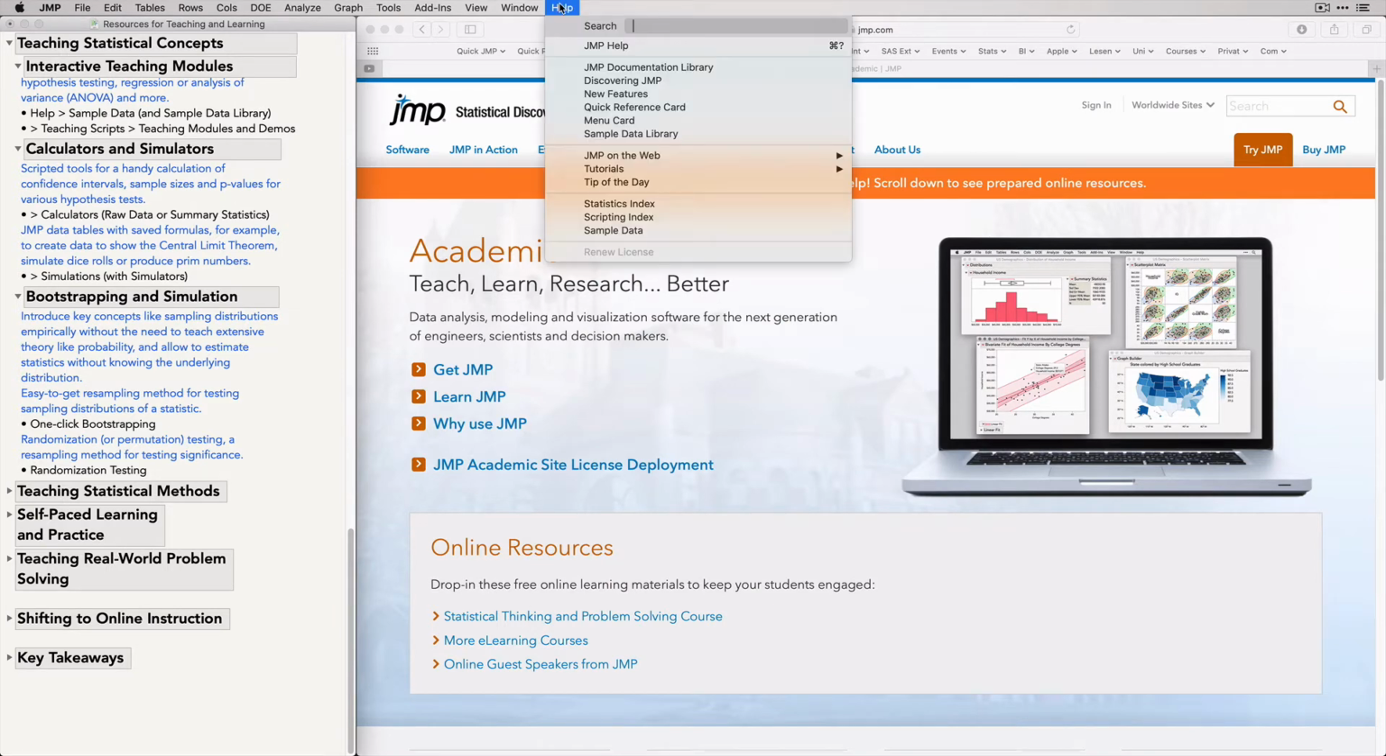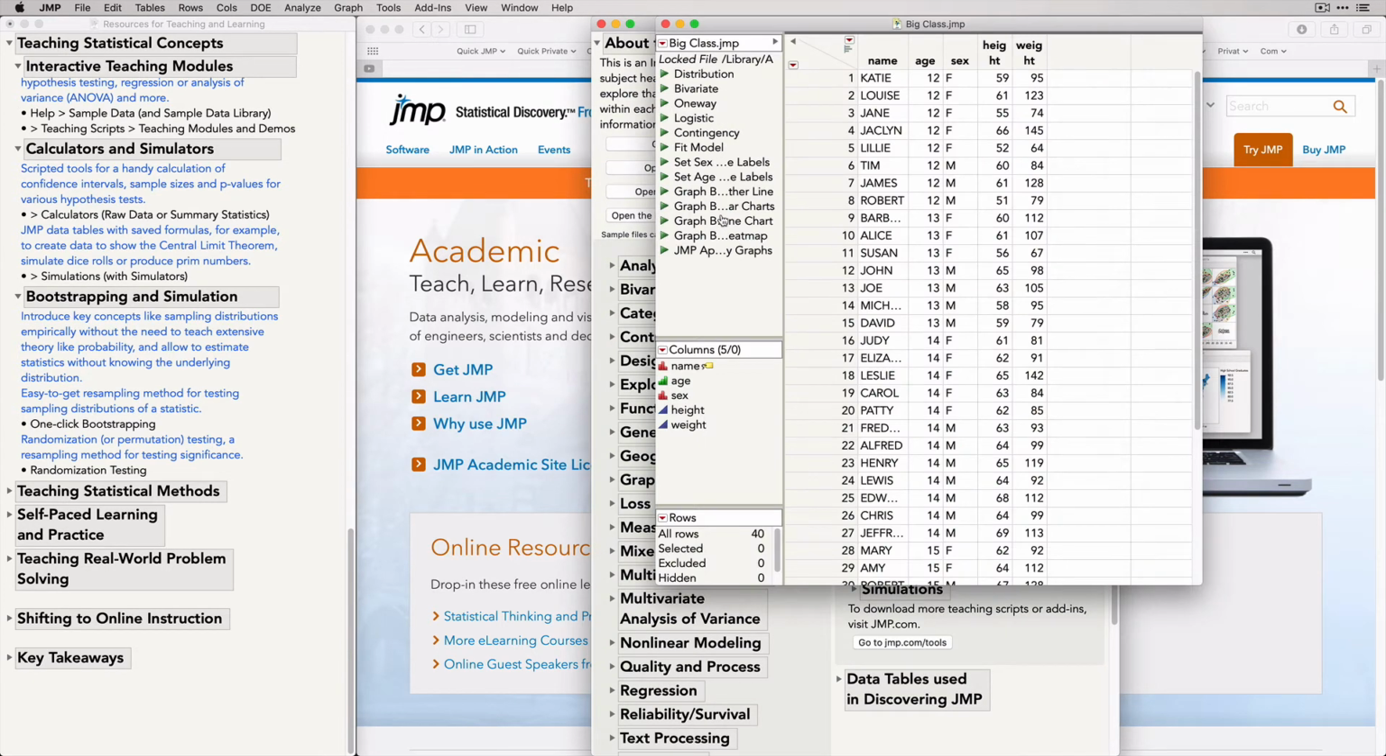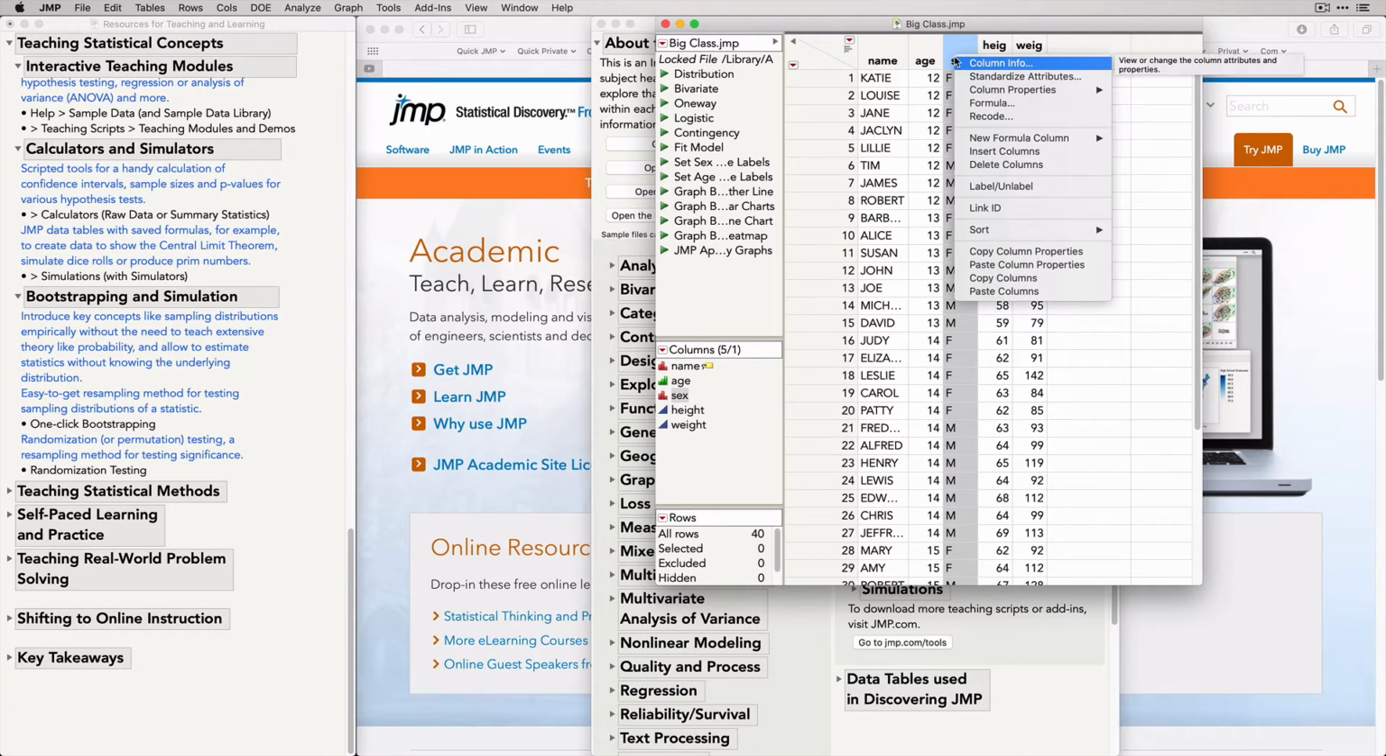For this, let me open the big class sample data set, and now I want to look at the height by sex for these 40 kids from a school class. And for randomization testing, I need a random column. So I can get this before I do this. So I prepare this random column by right-clicking, new formula column random, and then I choose